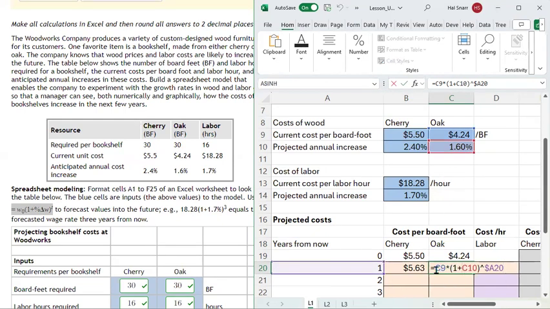What's happening here is we're taking this wage in C9, 4.24. We're multiplying it by 1 plus C10. So that this shaded thing in gray is 1.016. And they're raising that to the first power, right? Now, if I drag this down, if I drag these two down,